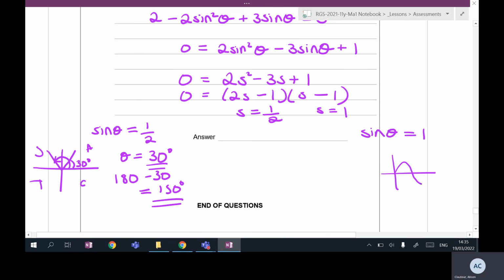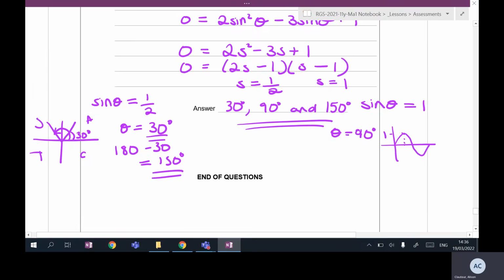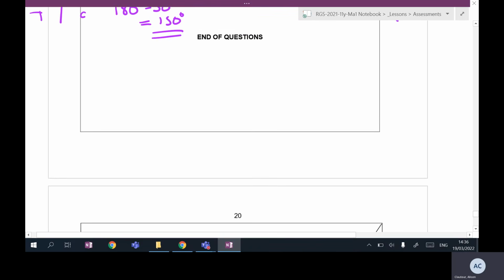Might be easier to use the graph rather than the cast diagram. So we're just looking for this value where sine theta equals 1, which is 90 degrees. Okay, so 90 degrees is your answer. So we've got 30, 90 degrees, and 150 degrees. So they are your answers. Okay, and that is the last